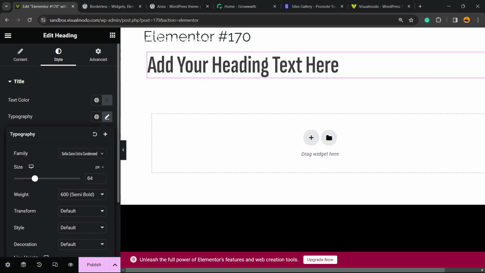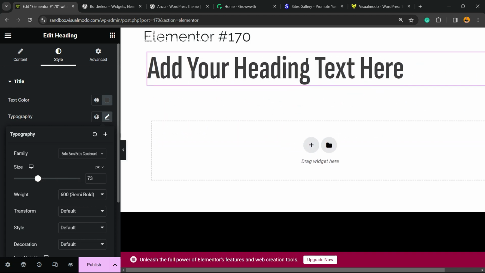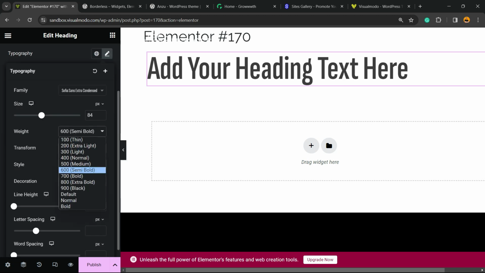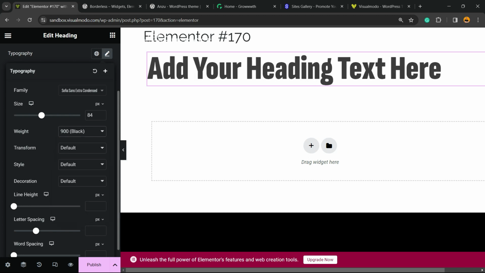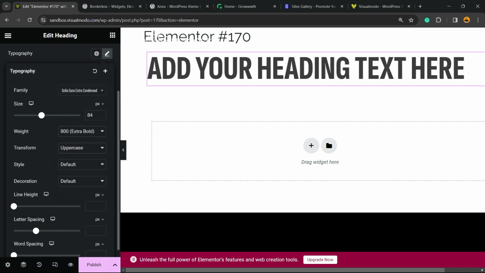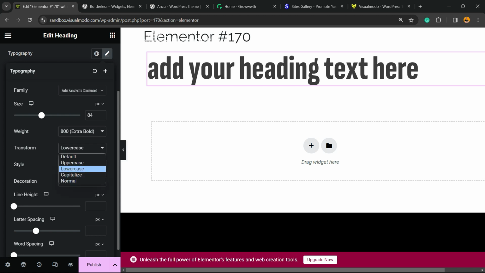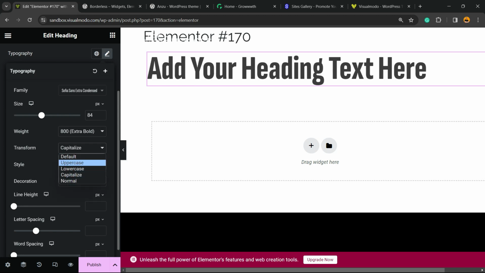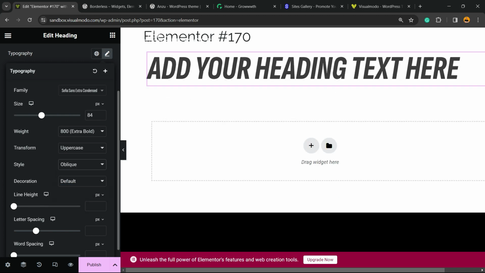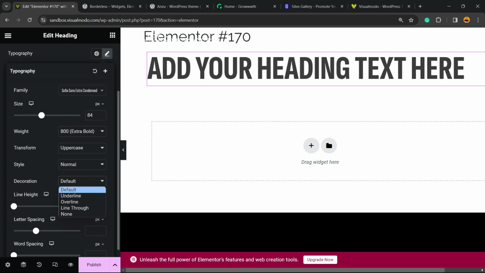Now we can change the size. We can make it very big. We can change in pixels or other formats. The weight, once again, it's up to you, okay? We can transform the heading to uppercase, lowercase, capitalize. Once again, up to you and your needs. We can change the style to normal, italic, and oblique. The direction,